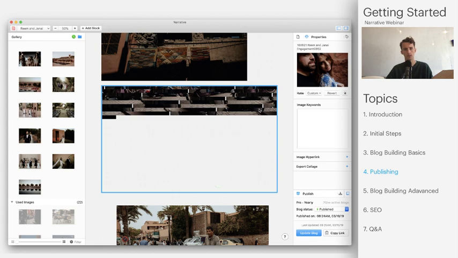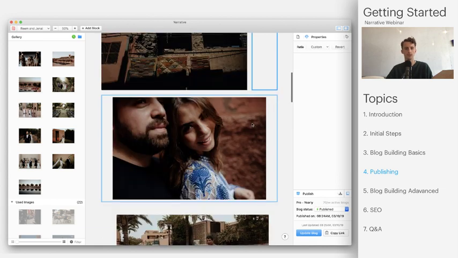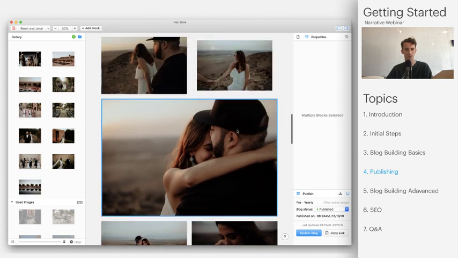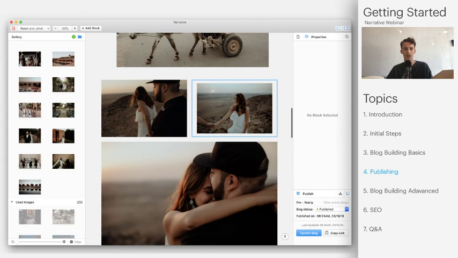The other way you can do this is by selecting multiple images at once. So say if we have this section of our blog and we go, oh yeah, this is quite a cool little section, they all are pretty similar. We can